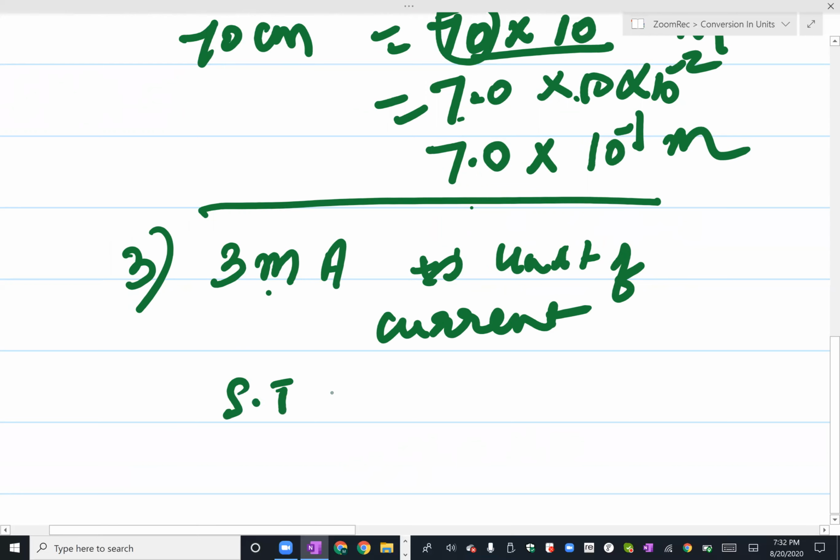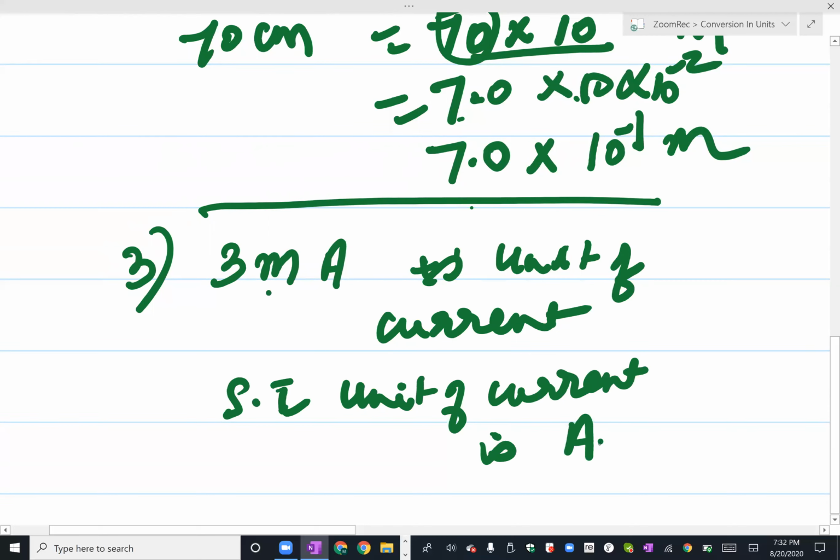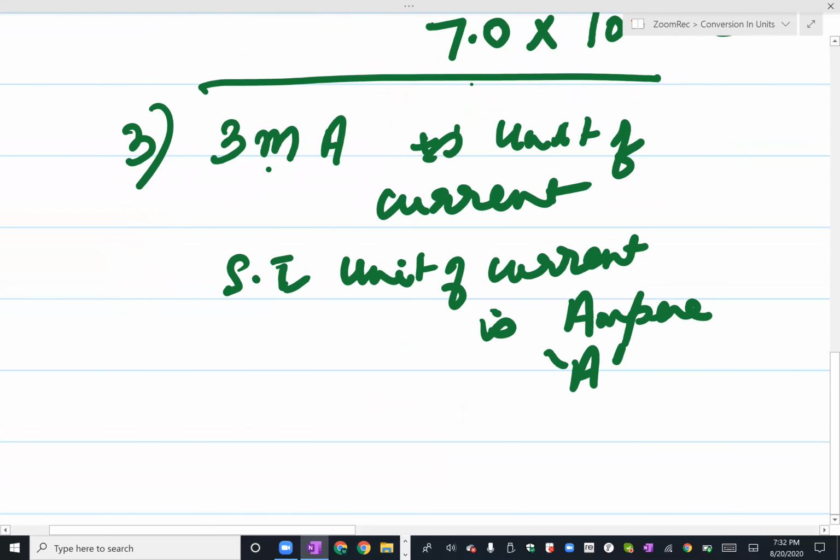SI unit of current is ampere, and written as A. And one more thing in physics, you have to make note of it. Even if 3 is a number greater than 1, don't write amperes, because if you write AS, it may mean ampere second, and change the unit from one unit to something else. So please avoid using S in the plural, even if you know very consciously that it is greater than 1. So you just write ampere.